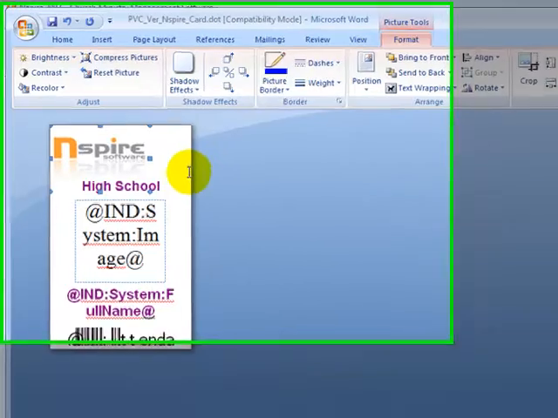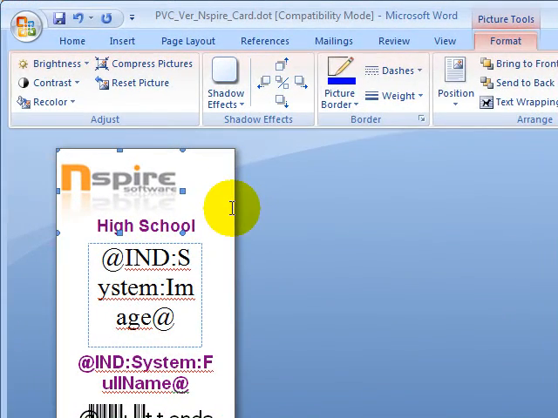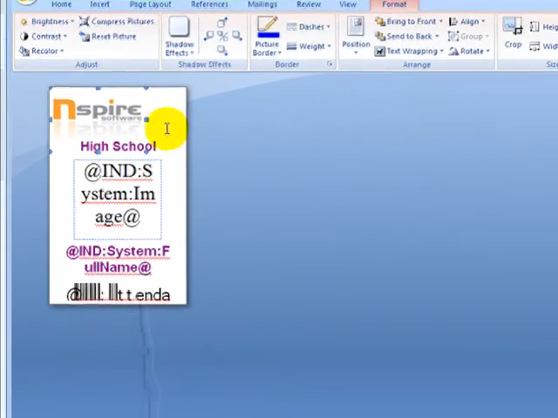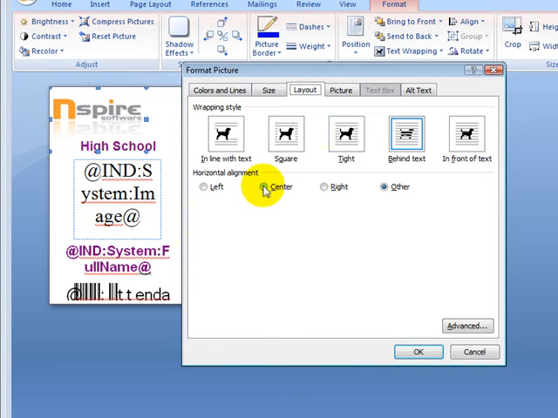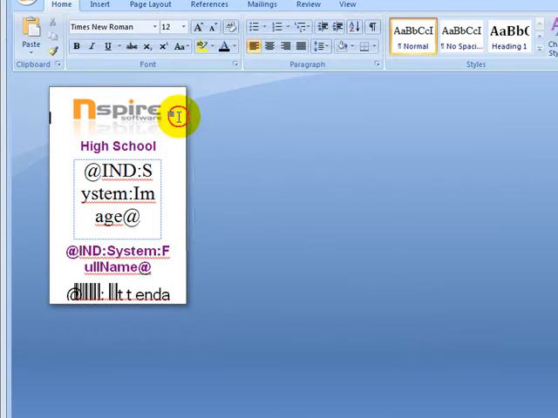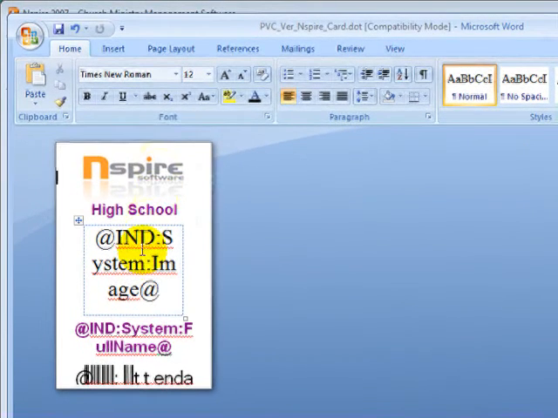Now here's an option where you can go in and start using some of the layouts with the centering and everything. You again would go back to the Format Picture and Layout, and if I choose Center as the horizontal alignment, this means that it's going to horizontally align that picture for me rather than if I had Other, which means I did it manually by grabbing the picture and moving it around. If I click OK, it centers that picture for me, and now I have my logo inserted into my